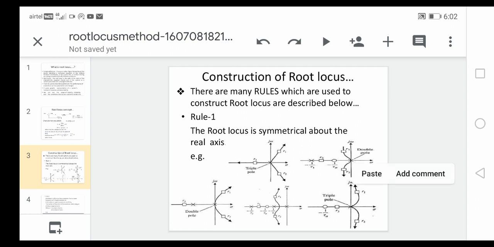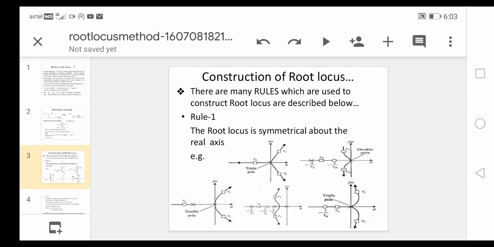is nothing but, in a simple thing, you need to identify the poles and zeros on the real axis, and then you consider any point on the real axis, and then you check whether that point is on the root locus or not. How you are going to find out is nothing but you check on the right half of S plane, that means on the right hand side of that particular point, how many poles and zeros are present. For example, only two poles and zeros are there, that means 2 is an even number, so that particular point will not exist on the root locus.